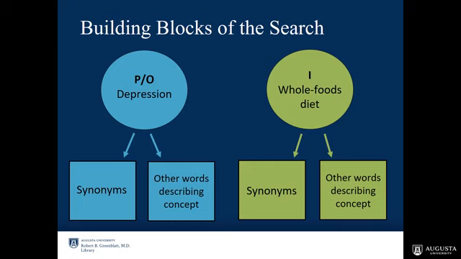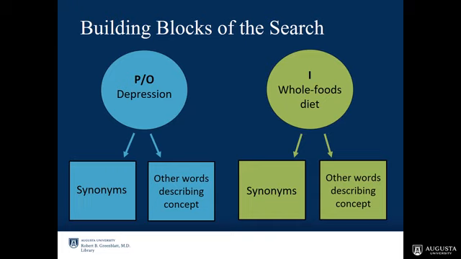And so a lot of the times I will use the patient or the population and the intervention and then the outcome. But since both our population and our outcome are around the concept of depression, I'm just going to kind of combine those and just search the concept of depression. I'm going to leave adults out of this for now, and I'll show you later how I apply that. So I've identified the two major concepts in my question, and now I need to break it down and come